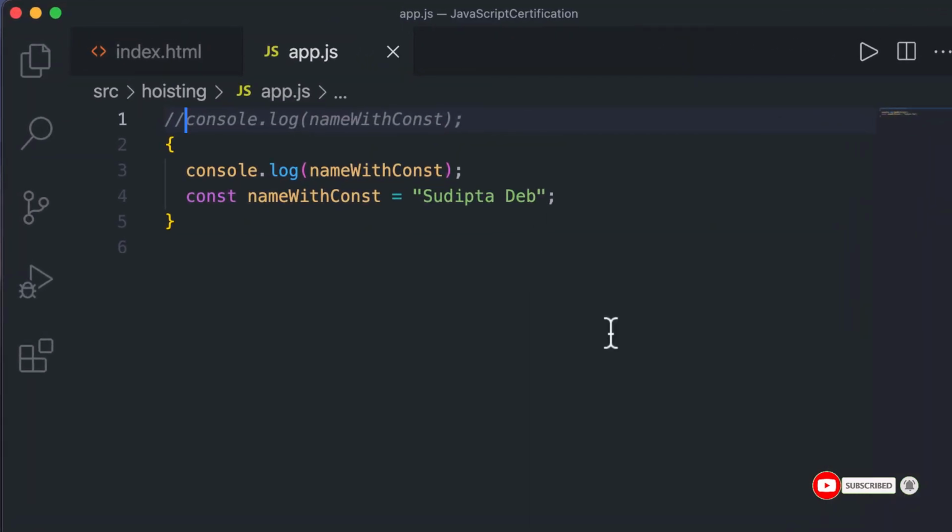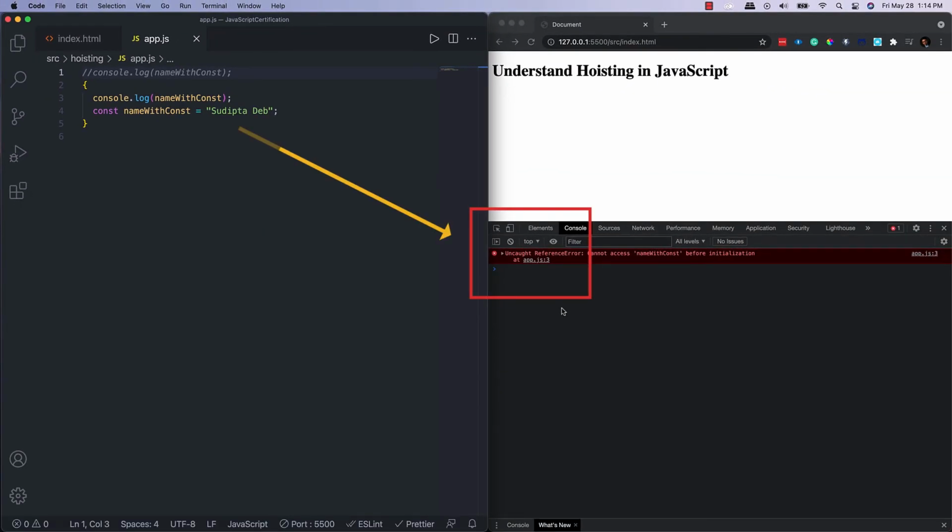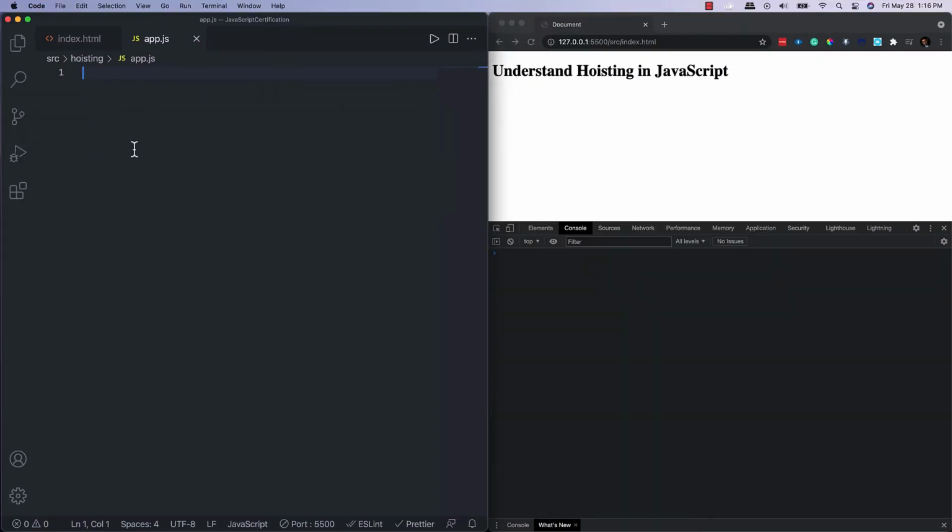Now if I comment out this portion of the code, it's getting exactly the same error we saw just a few seconds back when we declared the variable with let. So let and const will declare a variable, but will not initialize it with something. It will rely on you to do the initialization. Okay, let's see some more advanced, deeper example.